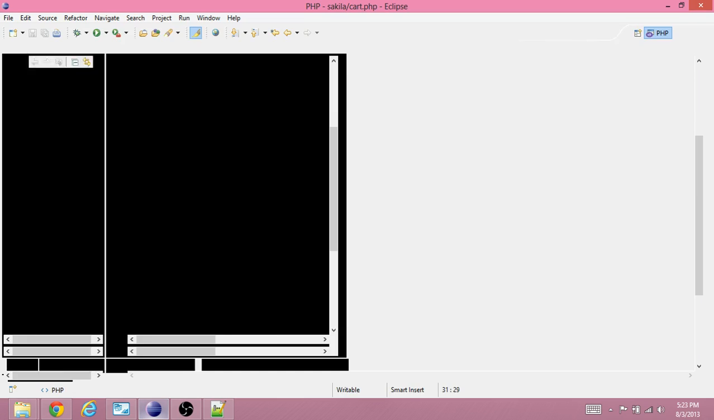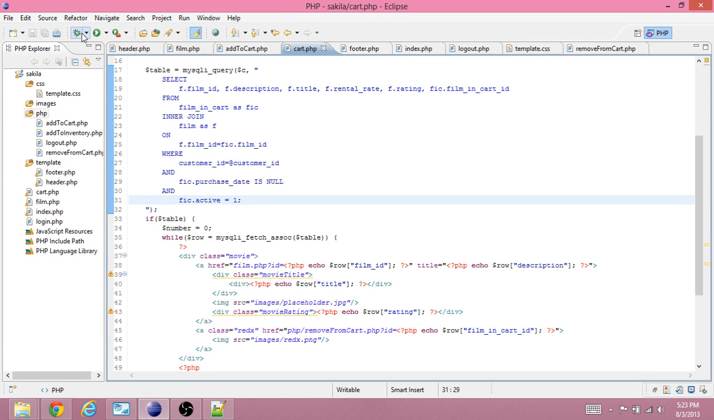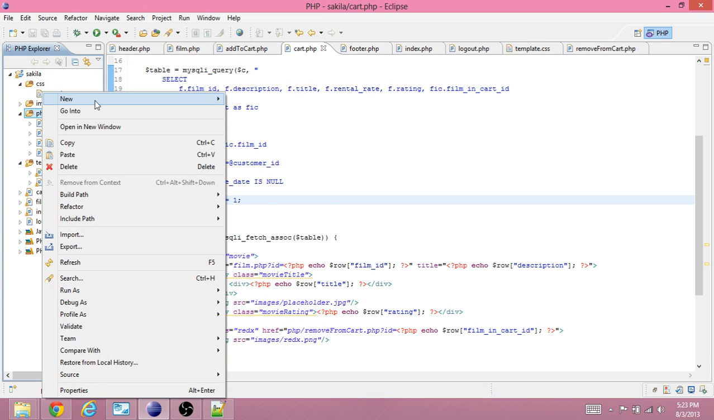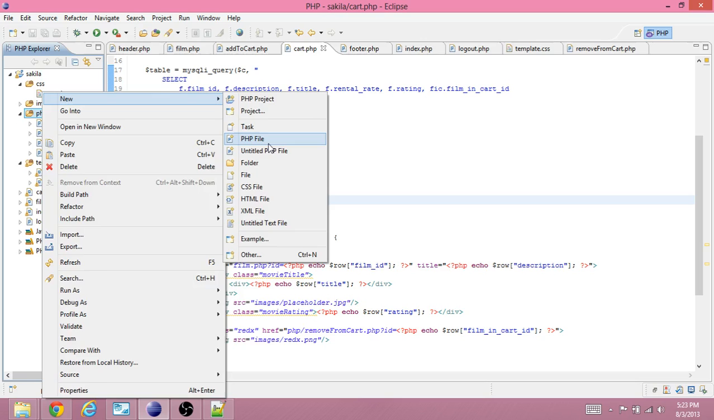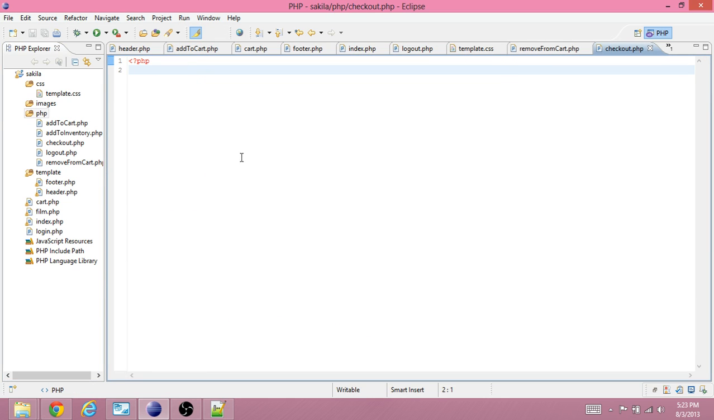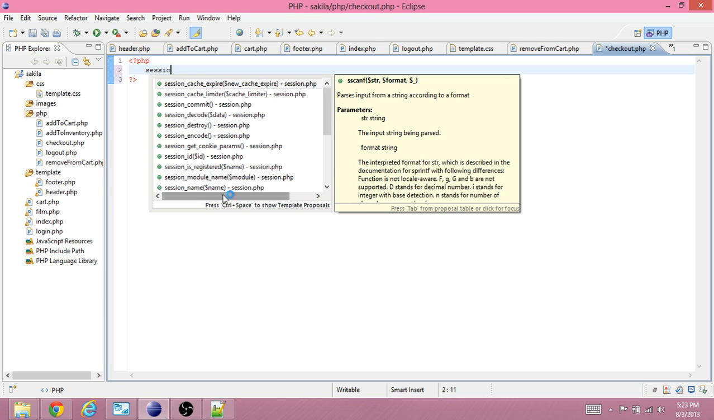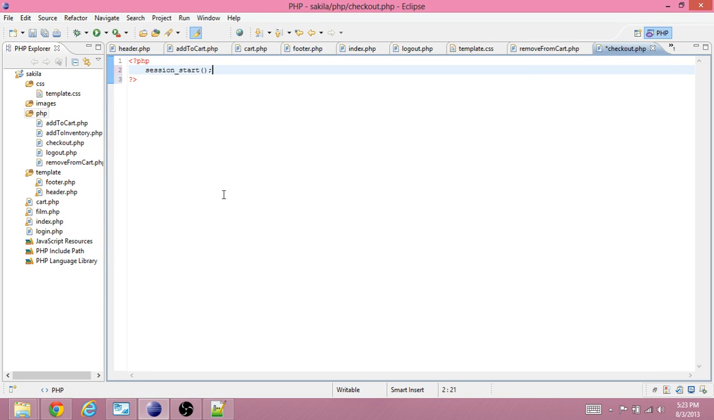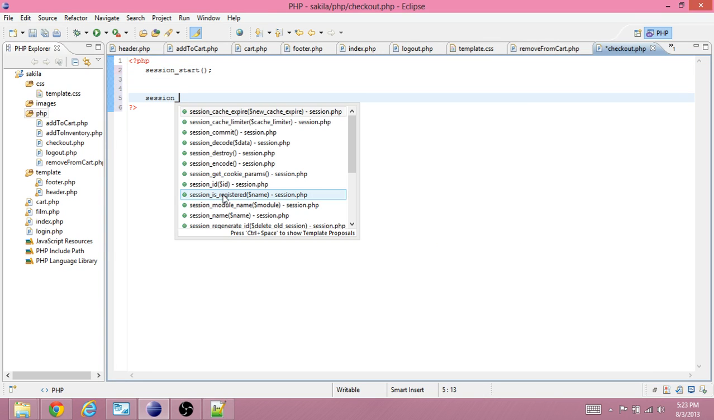So, let's make the page. It's just going to be functional, so we're just going to put it in the PHP folder. Because all that's going to be in here is PHP, and it's going to be called checkout. So, session start, session commit,